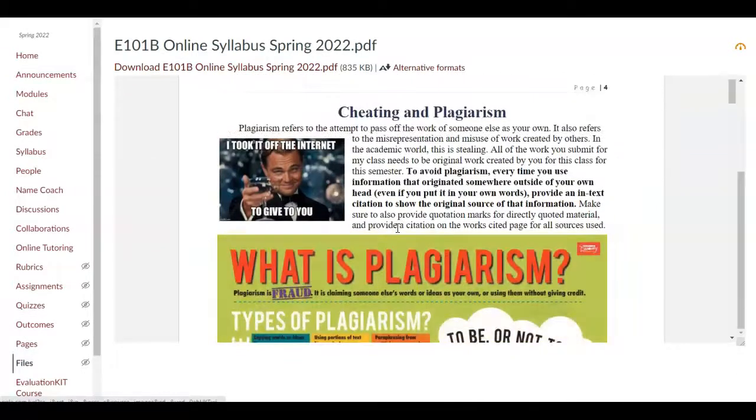Please do not plagiarize in my class. If you plagiarize an assignment, you will get a 0 on that assignment and you will not have an opportunity to resubmit it. If you plagiarize an essay, you will get a 0 on the essay and you will not have an opportunity to resubmit it or revise it for a higher grade. In addition, I have to turn in cases of plagiarism to the Dean of Students because PC is keeping track of plagiarism cases. So let's just avoid all of that messy ugliness and don't plagiarize at all.